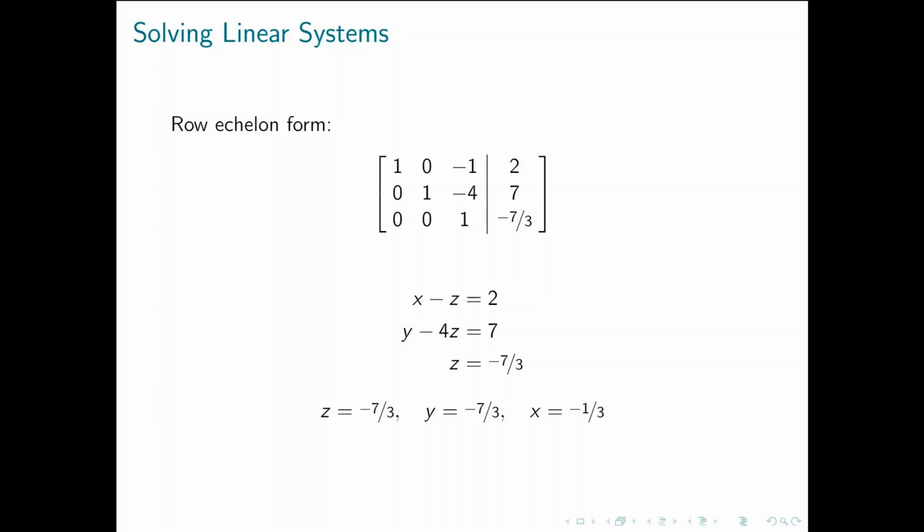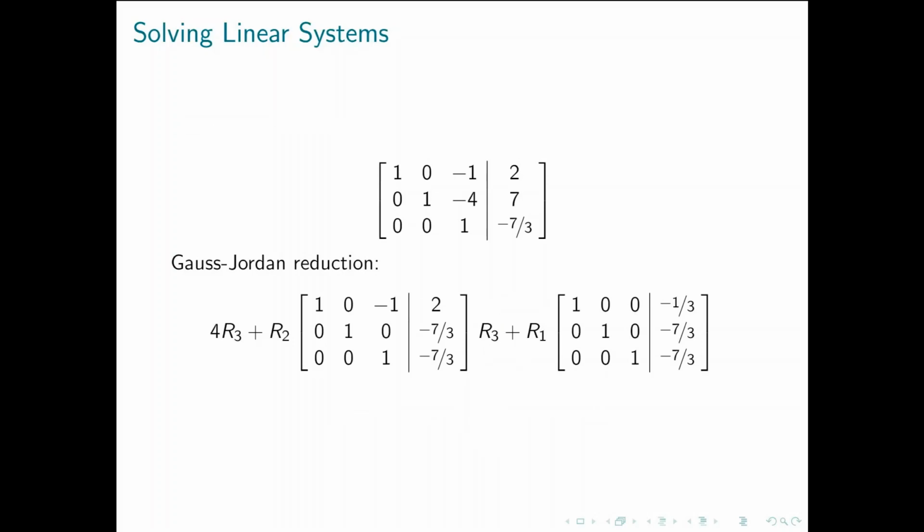However, this isn't the best way to do it. Generally it's not good to solve our system by taking it to a matrix and doing row operations just to convert it back to a system that still requires work. Instead, we're going to continue with the process. At the top here, I just have the row echelon form matrix, and I'm going to continue the process with something that's now called Gauss-Jordan reduction, and you'll see this takes the matrix to a much better form called reduced